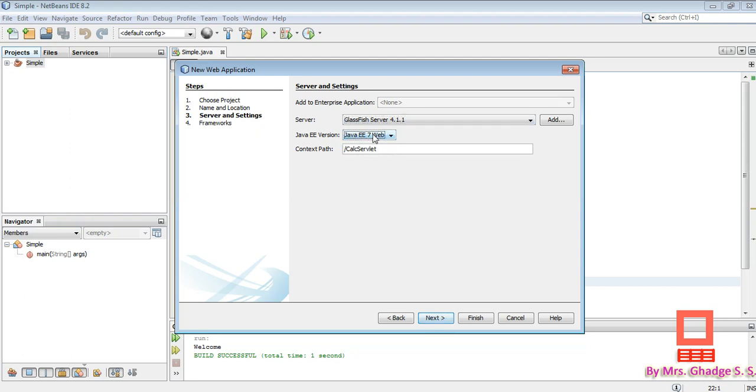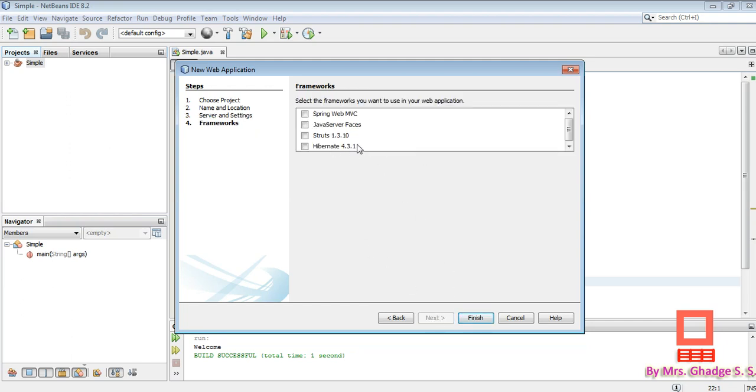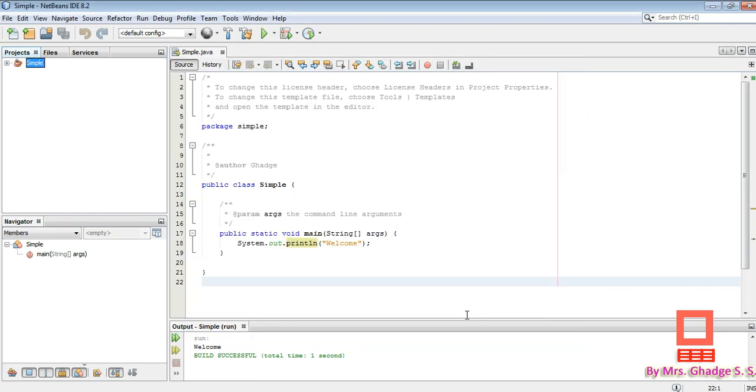Here is the context path shown. We don't have to do anything here, just click on next. Again we don't have to select any framework here. Just click on finish. After clicking on finish, it will take some time to open.